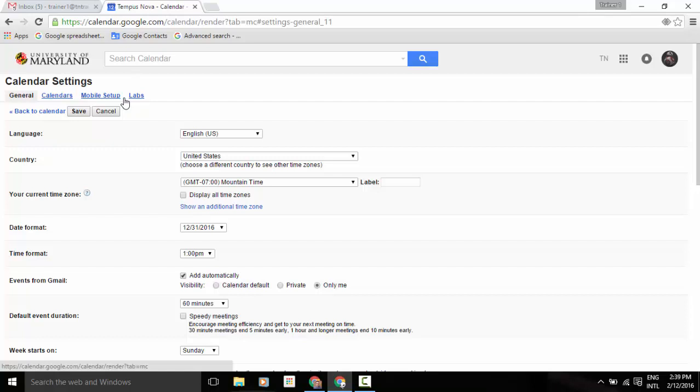Now, to start off with, your domain administrators will probably set certain things up for you, so you may see some things already pre-filled out, such as the language, country, time zone, and such. Down below that, we have date format. Anytime that you see a little box with a pull down arrow to it, it lets you know that you have some choices here. So you can select the date format that you would like, the time format that you would like,